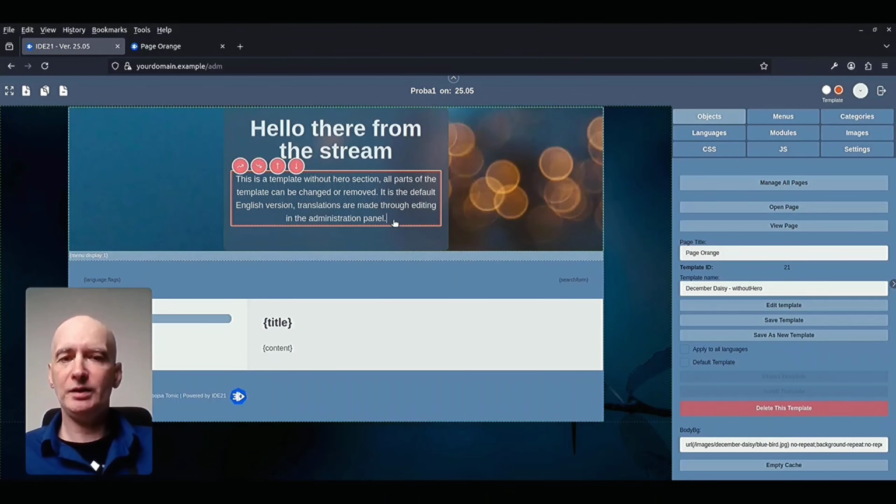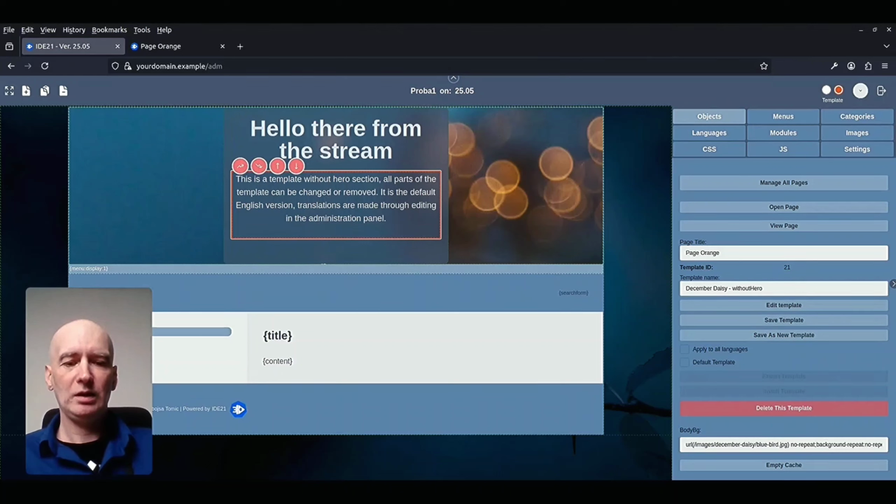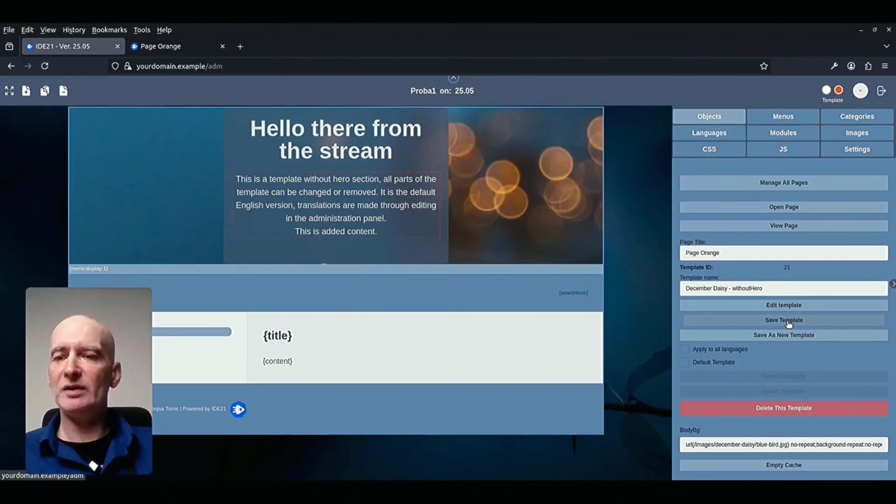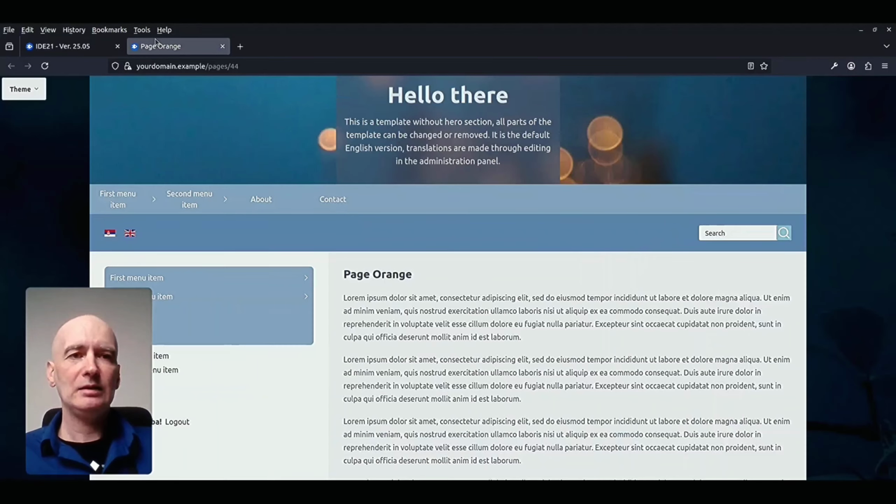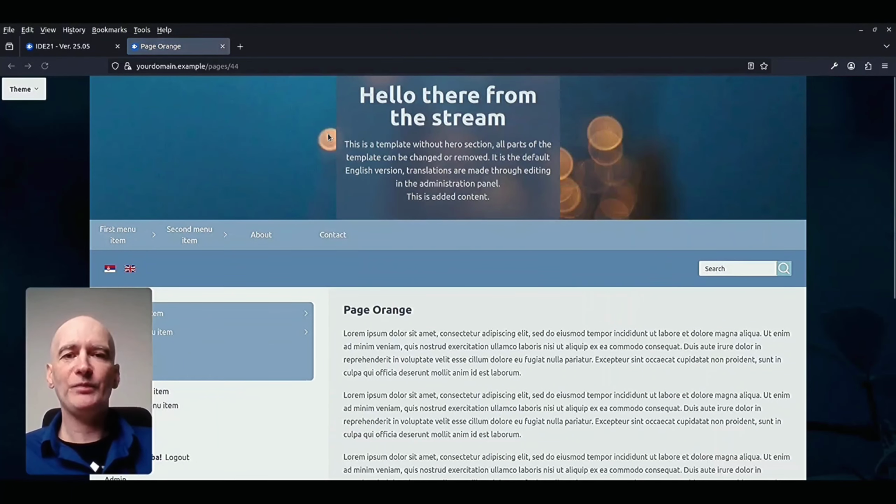Also here, this is added content, for example, and all you have to do now is save the template and reload the page. And as you can see, we have changed this section here.